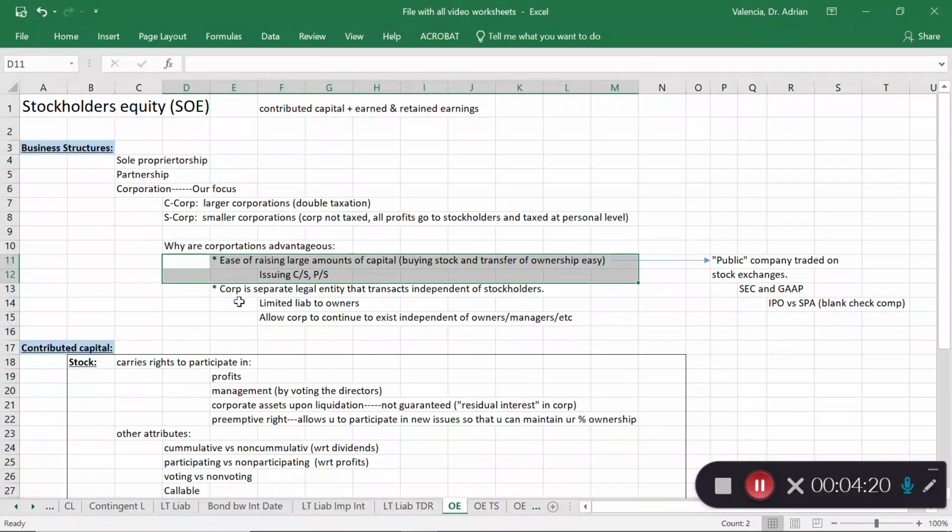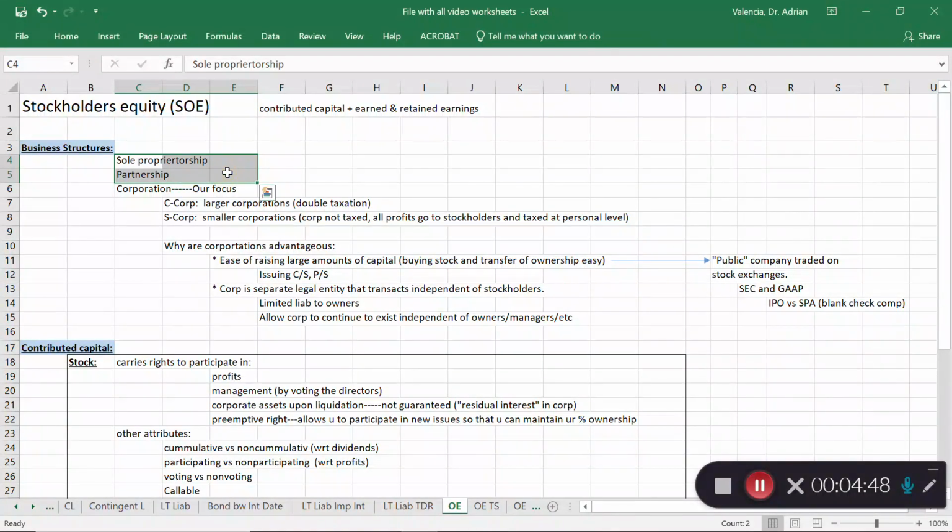The other big thing of the corporate structure, and by the way, let me compare to the sole proprietorship or the partnership. Under these scenarios, you're keeping control or ownership of the company very close. So to raise capital, it's not as easy, right? Because it's your money or the money of the partners. Ownership is not allowed to others besides you. Well, I mean, it can be, but the idea is that you keep in tight control over who owns the company. Whereas with the corporate structure, the ownership could be a whole bunch of people in the public. Okay, and we'll talk about that in a minute here.